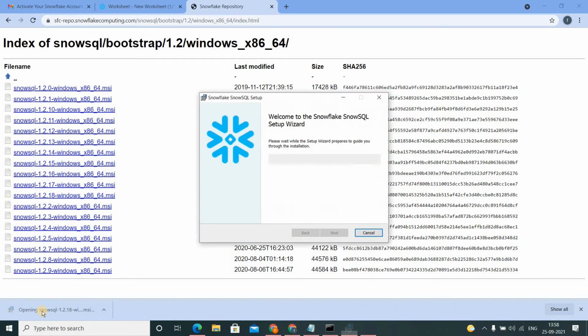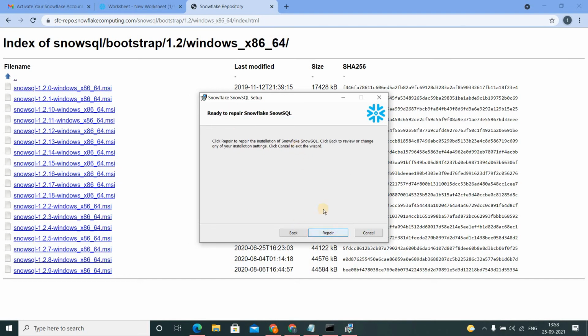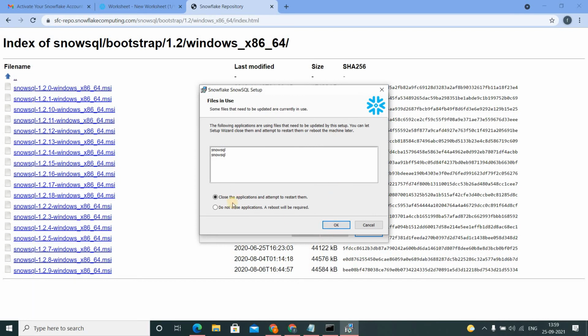Now I am clicking here to install. So say next. Since this component is already on my machine, it is asking me to repair. So okay, repair. You people just need to say next. Okay, so repair, it is done.